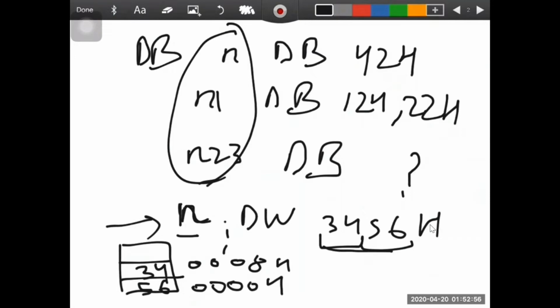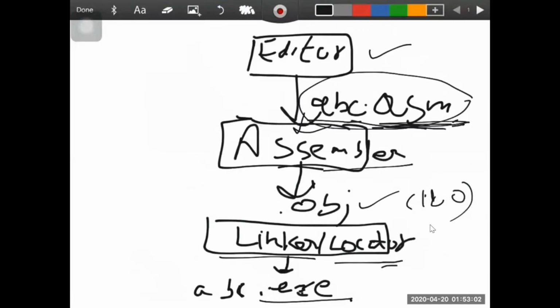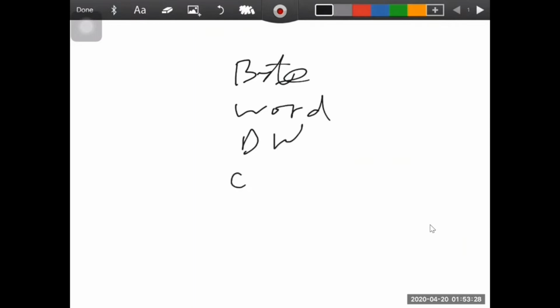First of all, I would like to tell you that we have various types of storage, like byte. Second one is word. Third one is double word. Fourth one is quad word. And fifth one is 10 byte.